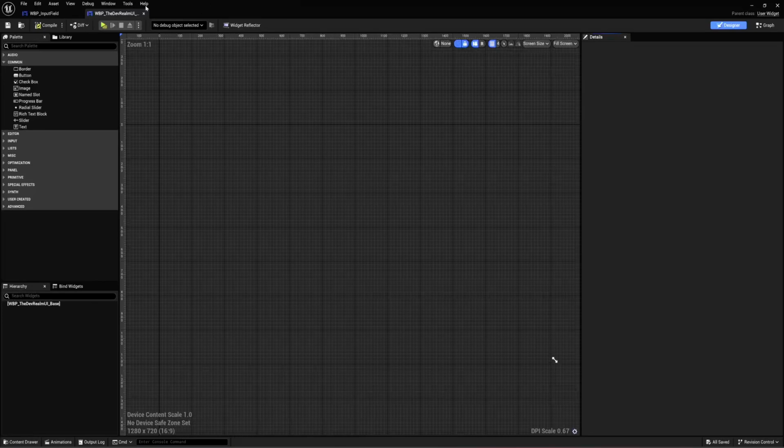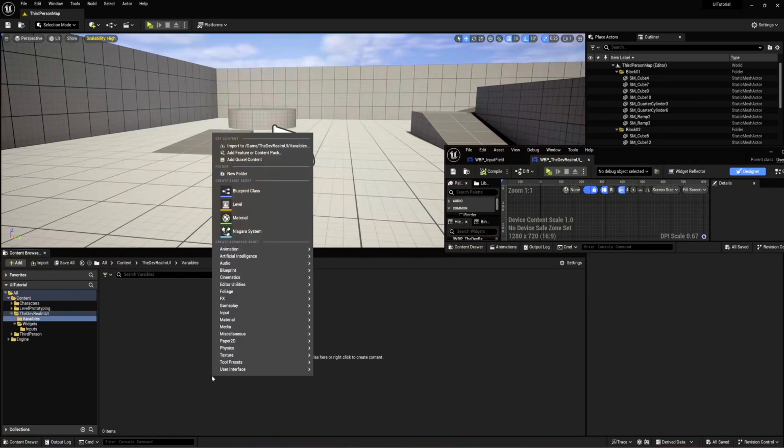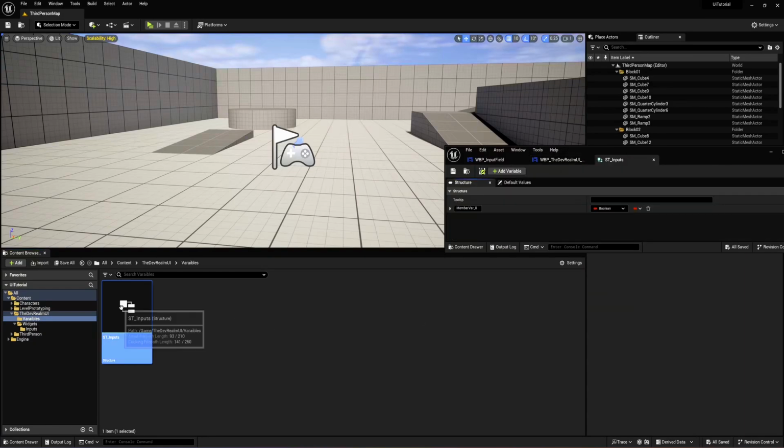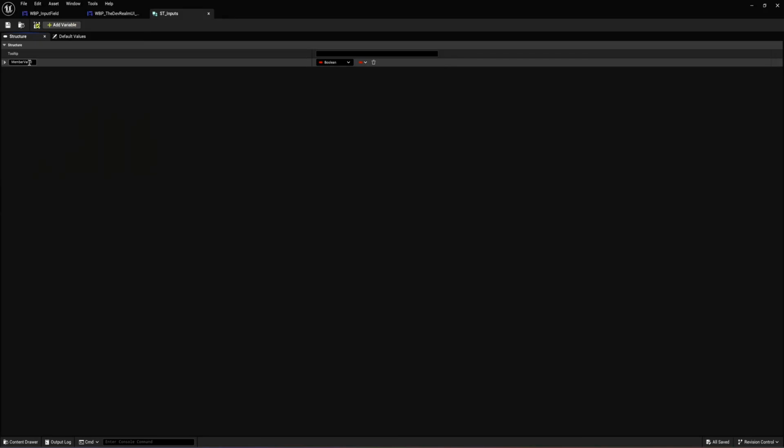is that you go to the parent class here, right? And we're gonna go to the Dev Realm. I'm gonna create here another folder, and I'm gonna call variables, right? And I'm gonna create here a blueprint structure, right? And I'm gonna call SD inputs, right? There you go. I'm gonna open up the SD inputs, and in here I am gonna create a background, and